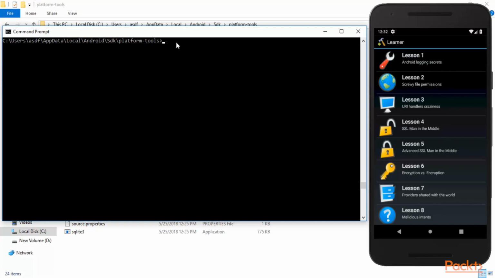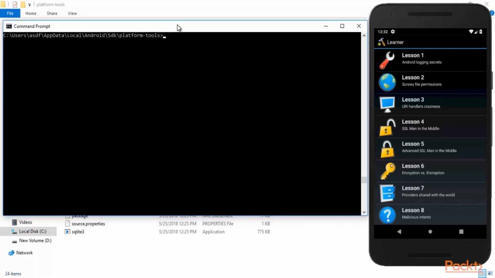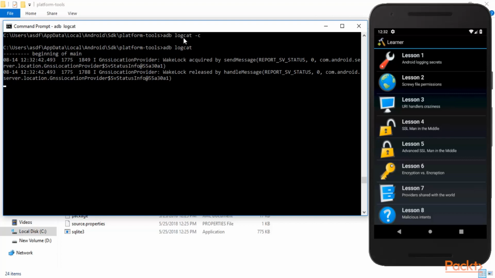So first of all, we need to clear the logs. In the previous video I showed you how you can clear the logs. You can type here adb logcat -c, so it will clear all the logs available inside the log files, and hit enter. You can see that all the log files have been cleared. You can type adb logcat to check and hit enter. You can see that almost all the log files have been removed from the backend.